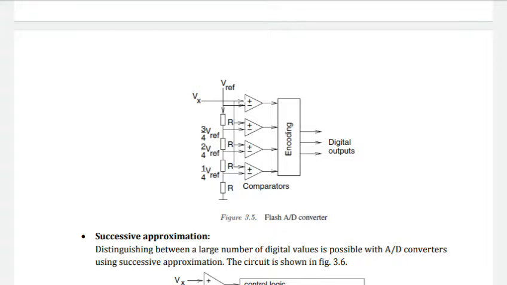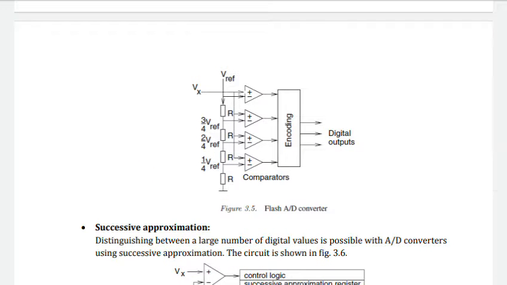In this converter, all the negative inputs are connected to a voltage divider. Now if the input voltage Vx exceeds a constant voltage Vref, the comparator at the top of this figure will generate a 1, and the encoder at the output of the comparators will try to identify the most significant one and will encode the case of Vx greater than Vref as the largest output value.